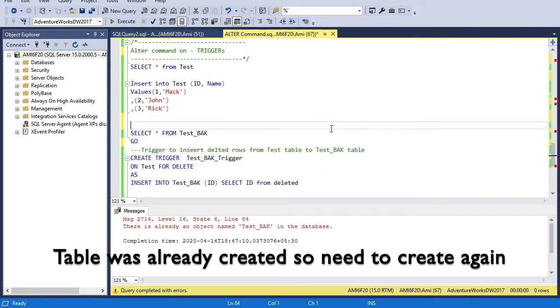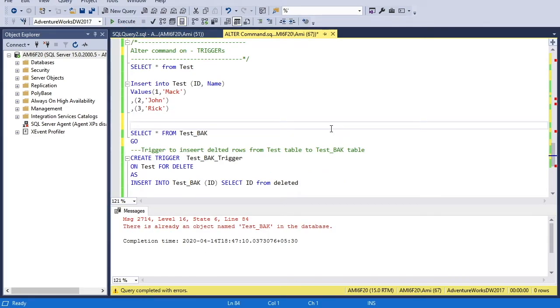Now in this trigger example, what I am going to demonstrate is that we have a test table and a test back table, and I have implemented a trigger on test table which will capture the delete event on test table. So whenever a row gets deleted from test table, that deleted record will be captured in test back table as a backup.